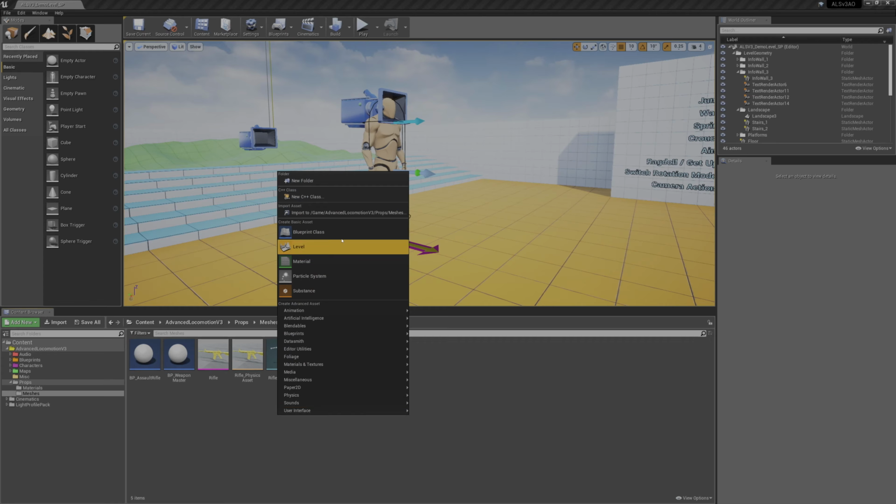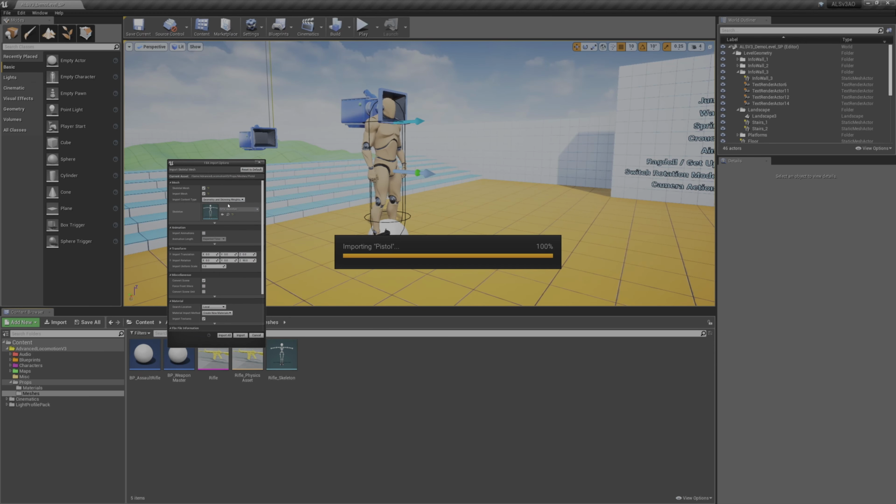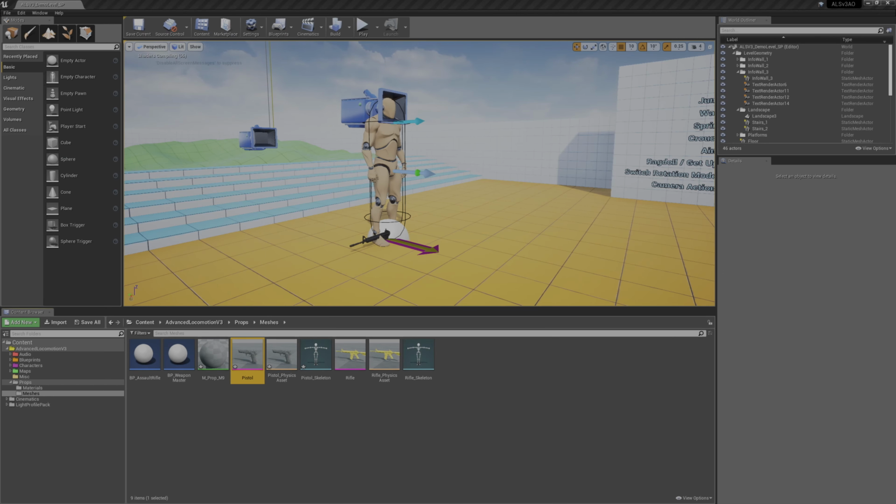So to get started, we need to import the pistol mesh from the pack that we downloaded off the GitHub repo in the previous project. If you don't have that, or if you're just jumping in here, you can grab it in the link in the video description. We want to clear the skeleton. We don't want to assign it to a skeleton. We'll import it. And now we have our pistol